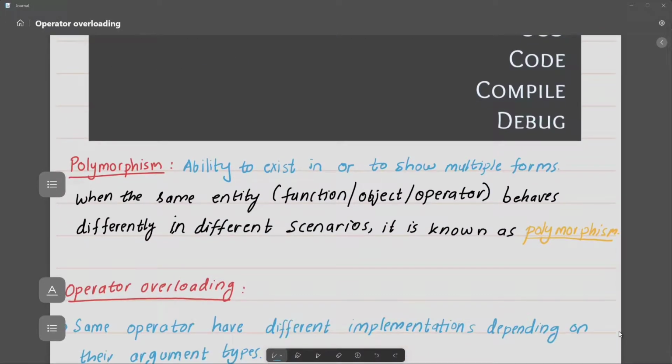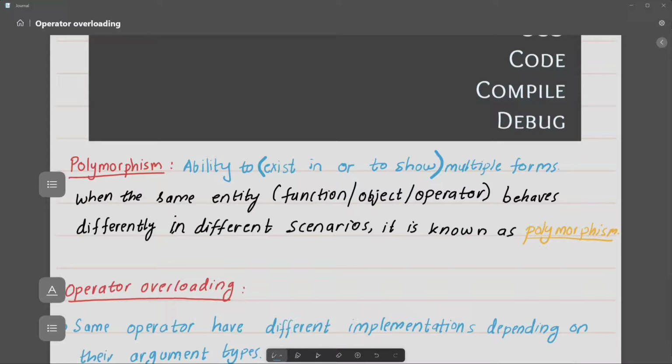Polymorphism is the ability to exist in or to show multiple forms. So when the same entity, be it a function, object or operator, behaves differently in different scenarios.